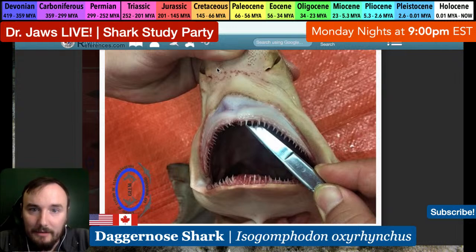But then right here, the pink area, we were talking about the ampullae of Lorenzini and the shark's electromagnetic sense. So here are the ampullae of Lorenzini very clearly illustrated. These little dots are those electrical receptors. So those are the organs that the shark uses to sense